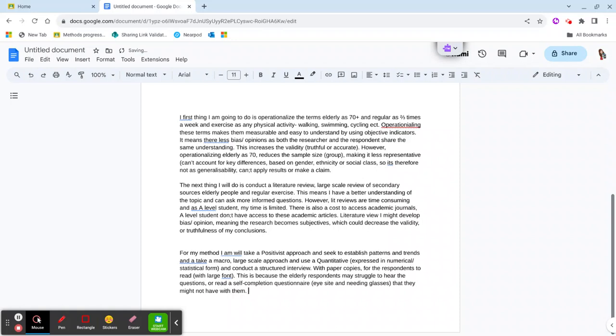They're elderly, so we can't just give them a self-completion questionnaire and expect them to be able to read it if they need reading glasses that are at home. And we also can't expect them to be able to hear everything if they've got, for example, a hearing impairment. We need to give them context, and when they're elderly, they need greater explaining about why you've made those choices. So the structured interview